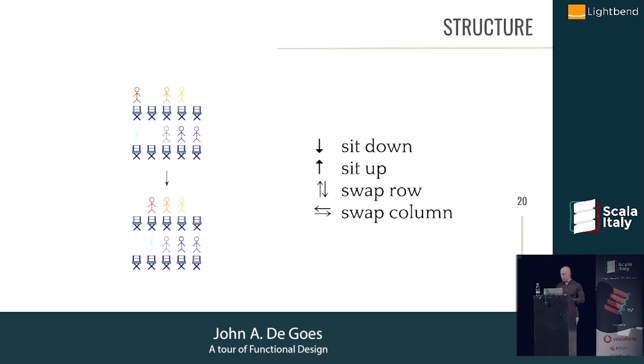Well, it turns out that these 4 operators are all you need to take one state of this auditorium and transform it to any other state that you could possibly imagine. So no matter what state we can come up with, some people sitting up, some down, some over there, some over there, we can use these 4 different operators to achieve that state. I'm not saying it's going to be fun for all of you. There's going to be a lot of swapping involved, but it's possible.